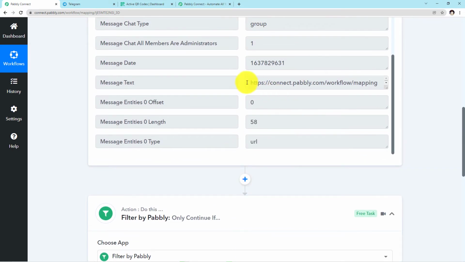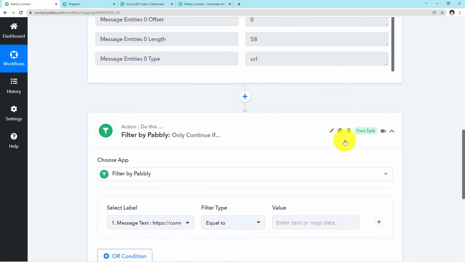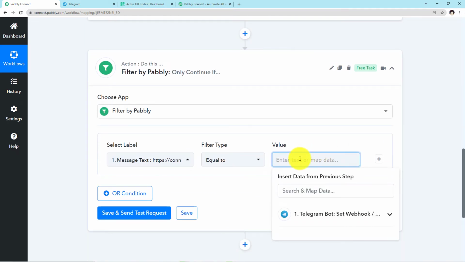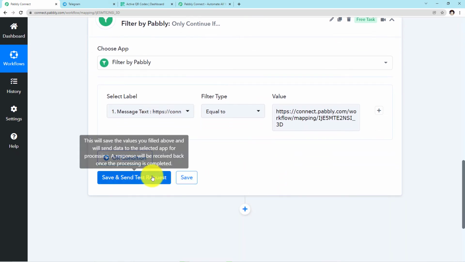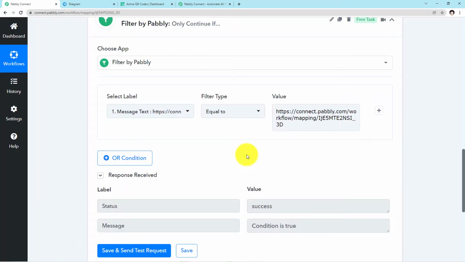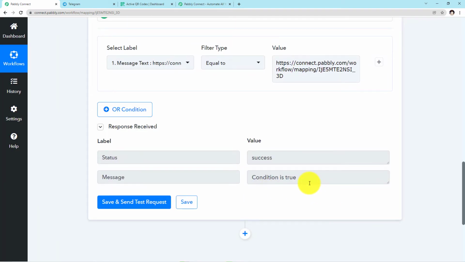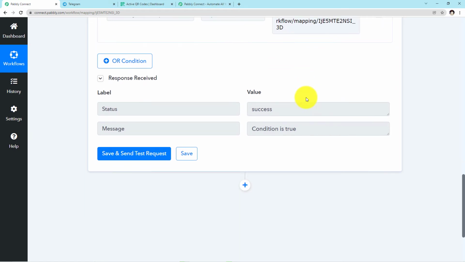Now let me copy the link and match the link here. So the sentence will read as this link equals this link. If we hit the save and send test request button, you can see the condition is true, of course, because we have matched the link. Then only the automation will work.